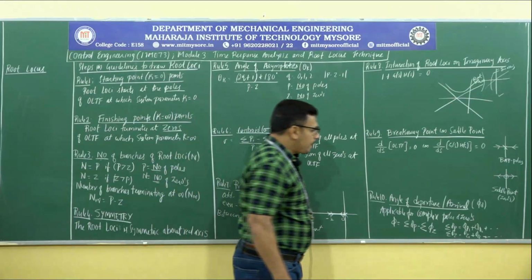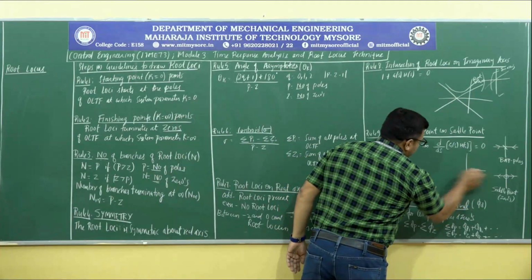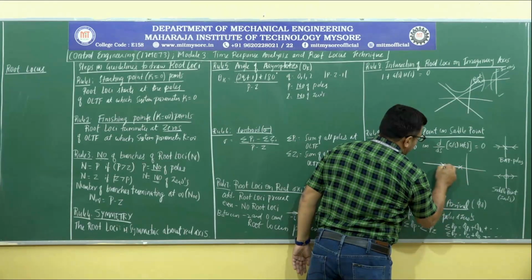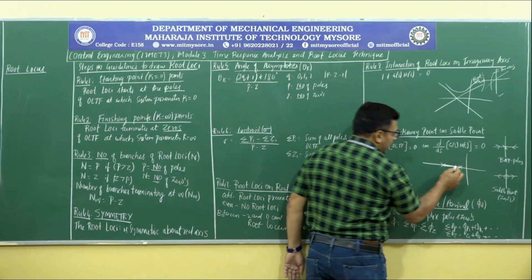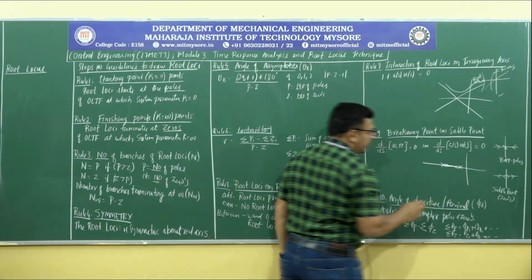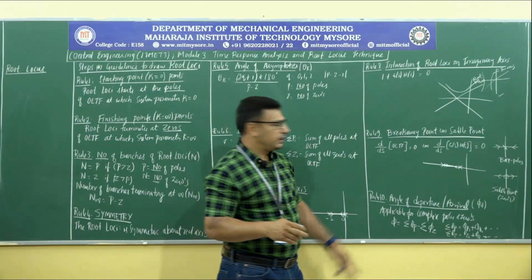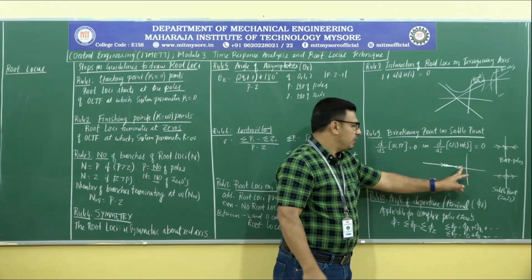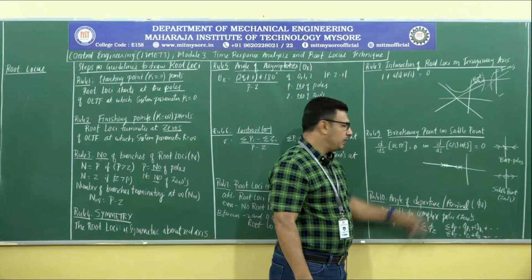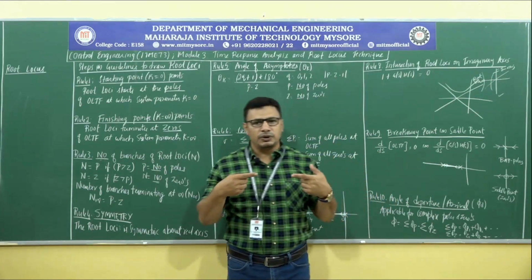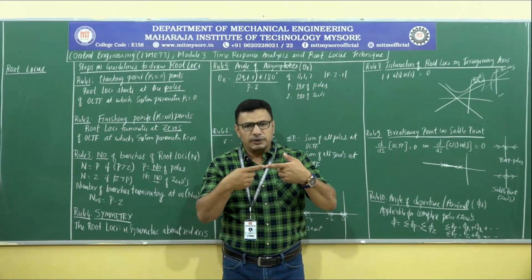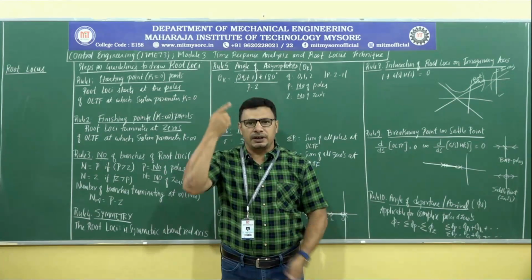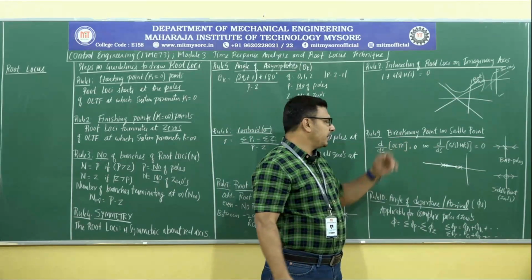Then, see, whenever there are two root loci, suppose a branch of root loci exists between these two poles, both of them will be traveling against one another. One branch of root loci has started from this pole, the other branch has started from this pole. Then when both of them are heading towards one another, there must be a point where they collide, and once they collide, they will break away. That is why it is called the breakaway point.